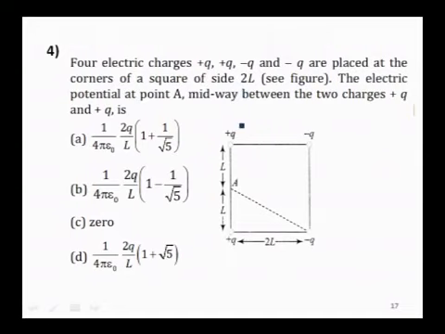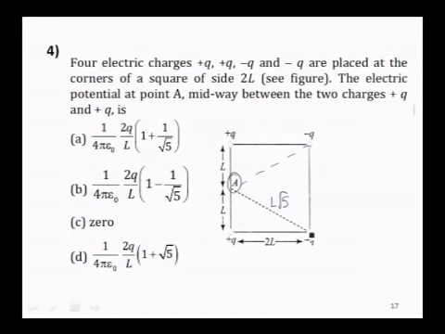electric charges plus Q, that is here, minus Q here, are placed as shown, and the side of the square is 2L, and A is the midpoint, and therefore you are having L each here. Electric potential at the point A is to be found out. So you should find the potential here. For that we need these distances. So first you can keep it ready just using Pythagoras theorem. L square plus 4L square, 5L square under square root becomes L root 5,